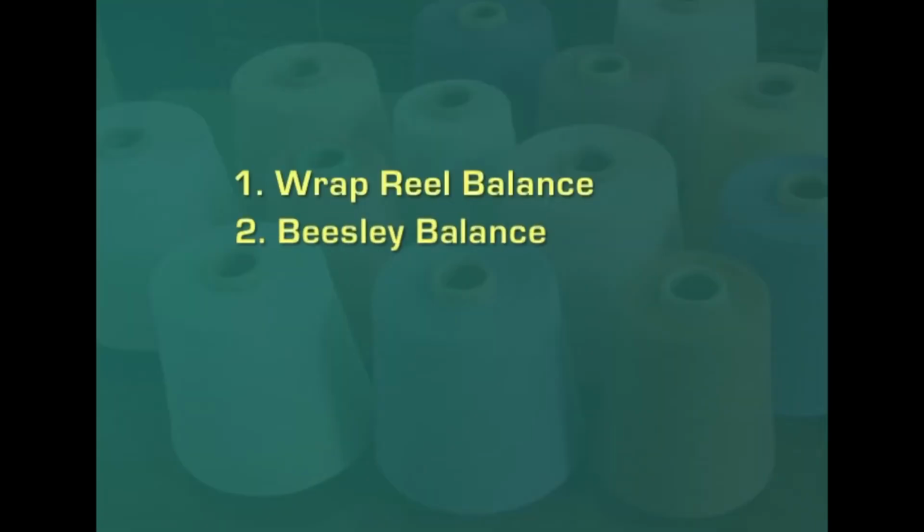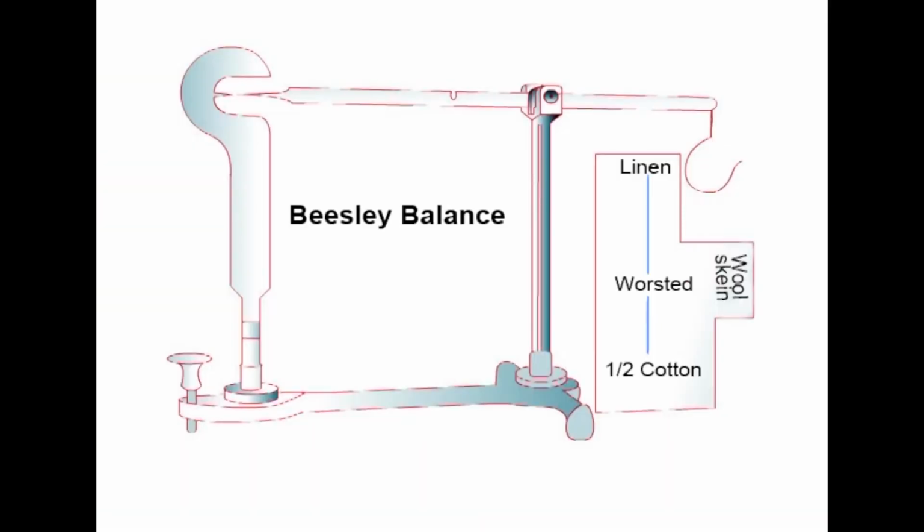And we have another system using a Beasley balance, especially if the yarn is not available and we need to arrive at a count of a yarn that is being used in a fabric. Then we have to use the Beasley balance, where we have a template on which you can cut a fabric sample for the metric system, for the cotton, linen, woolen skein and the worsted count. So, each one has a different size of sample that can be cut,